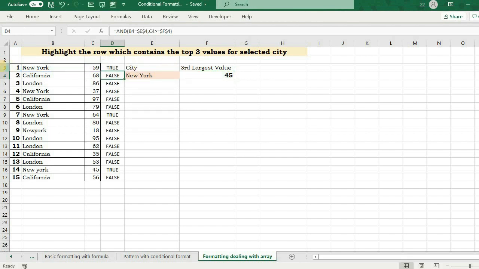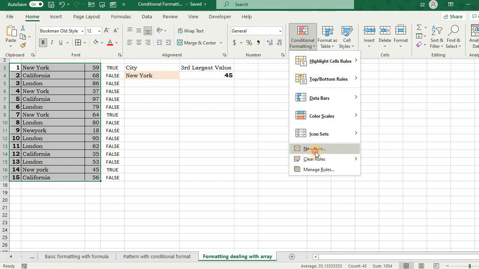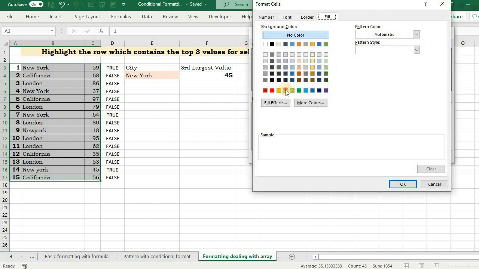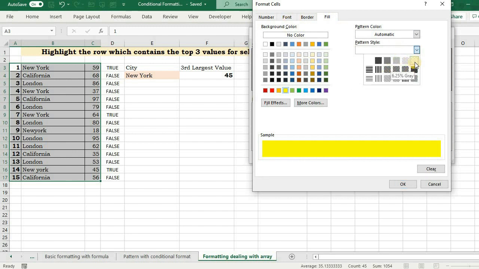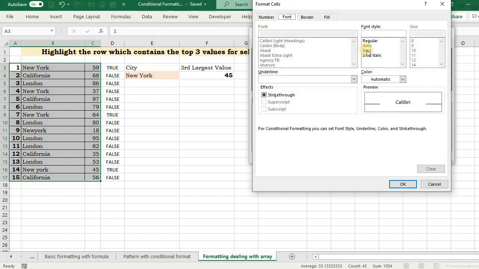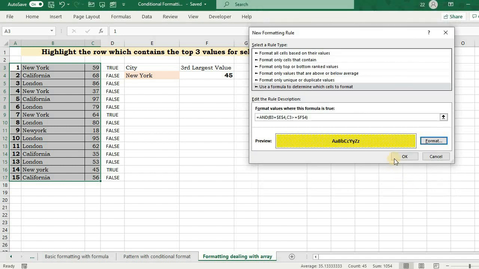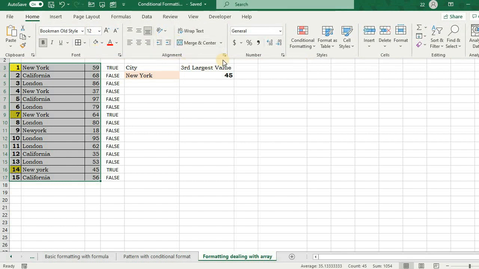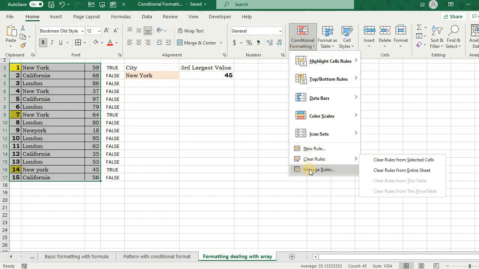Control C, and now I'm going to apply conditional formatting to these three columns: Home, new rule, and if that is so, I want it to highlight it, like I can add a pattern to this as well, and for the font I can change it to bold. That's it. And if I press OK, sorry, I just told you to be careful about the referencing. Now you can check the referencing, it must not be absolute, I think.